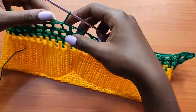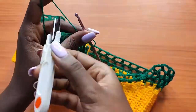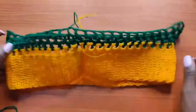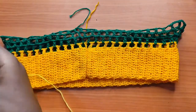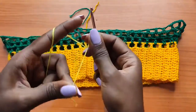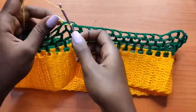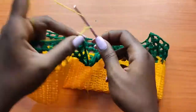So I've done 3 rows of green and I want to switch colors. I'll just chain 1, cut my yarn, and then I'm going to introduce another color, which is this bright yellow. This is different from this mustard, and I'm going to attach it just like I did for the previous color when I was joining green. So I'm going to make a slip knot and attach it in the space next to this string, in the middle there, and I'm going to chain 6,